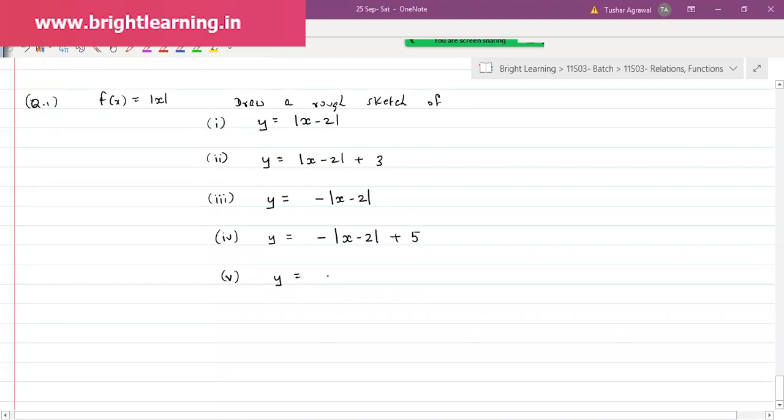Y equals negative 3 times modulus of x minus 2. Six, y equals four times modulus of x plus 4